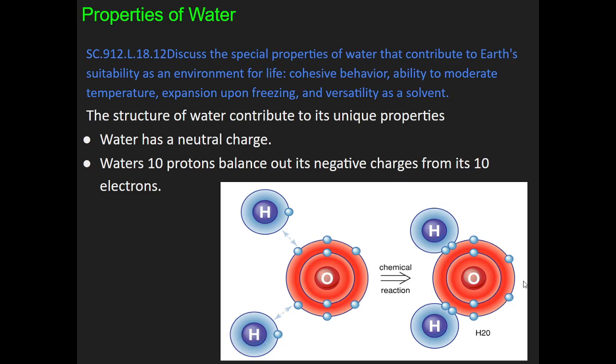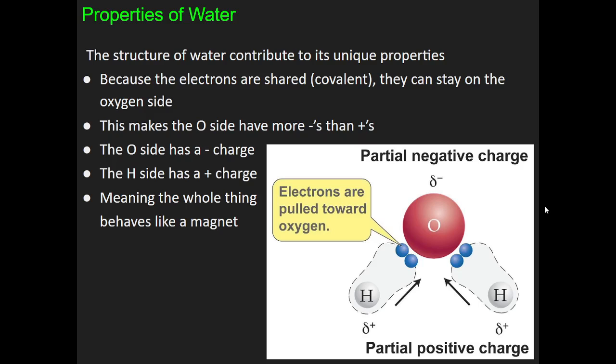As a result, there is a slightly positive area and a slightly negative area. If you think of a structure that has a slightly positive and negative area, you could think of things such as batteries or magnets. If there's a positive and negative side, like a battery, then overall it has no charge, but it does have a positive and negative area. I prefer to think of it more as magnets because water has a positive pole and a negative pole. It is polar. Its polar nature gives it all the unique properties we're going to be looking at here, and it behaves to me very much like a magnet, and that's why I tend to think of it as a magnetic